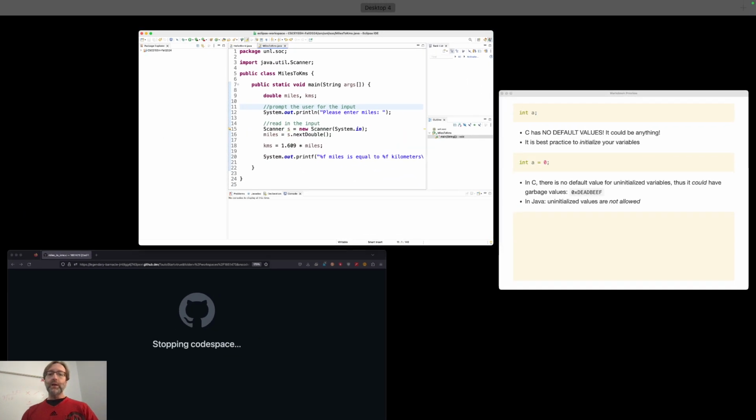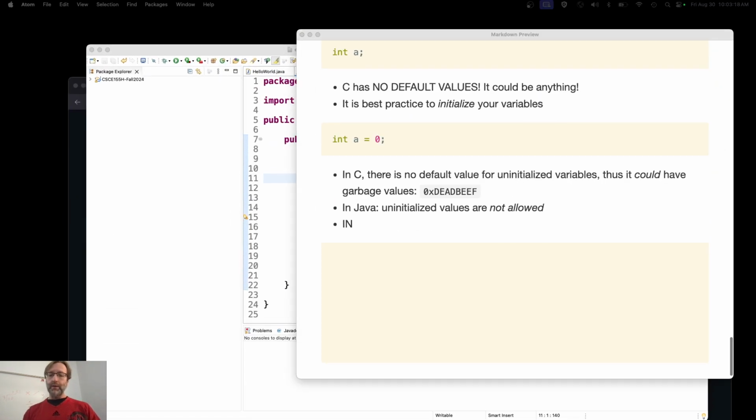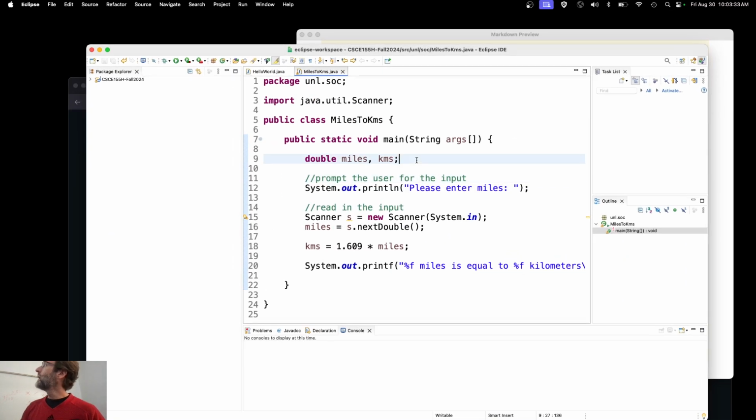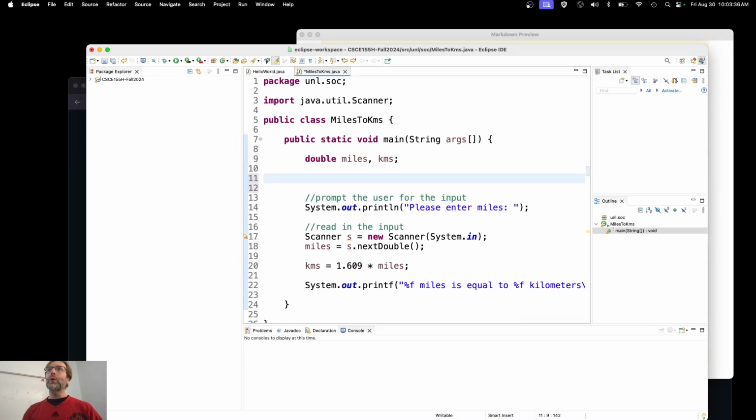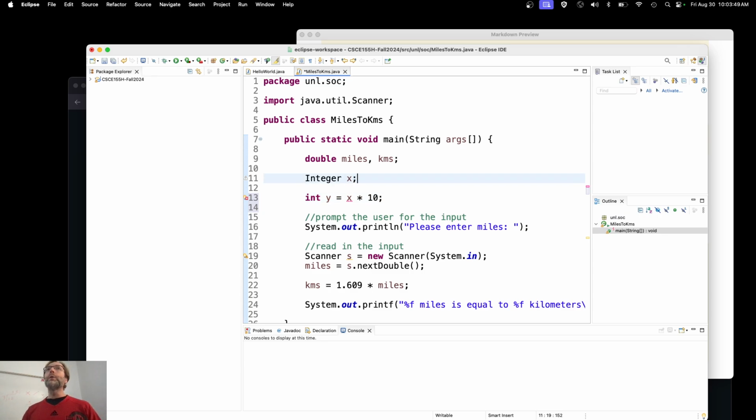Okay. Somebody did, a couple of people did observe null, right? In Java, class values may have a null default value, right? That's actually not true of local variables. For example, if I go back over here to my Java and go, instead of int, I'll go big I integer x, right? I still can't do it. Int y is equal to x times 10. That's an uninitialized value still, right? So it's not going to take on a null value here, but even if it does,